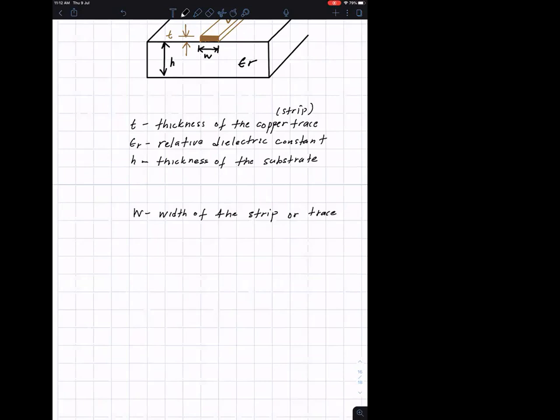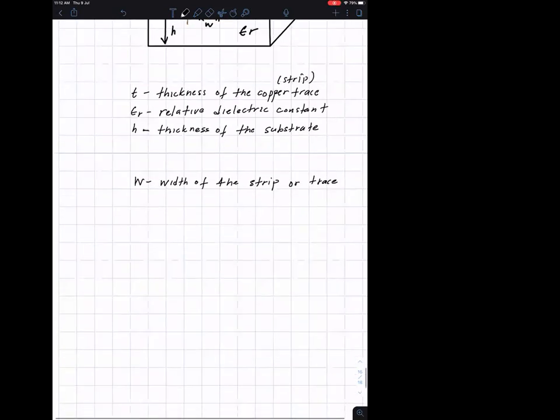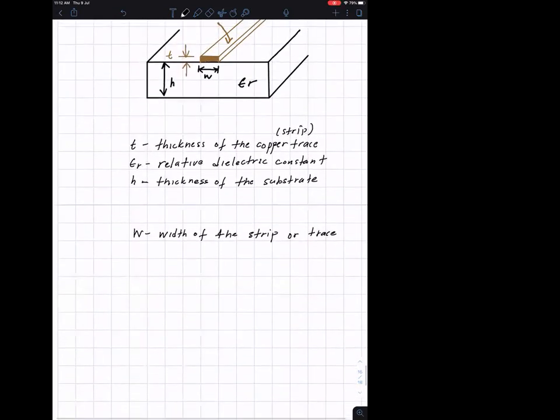All these things must be carefully designed because your voltage